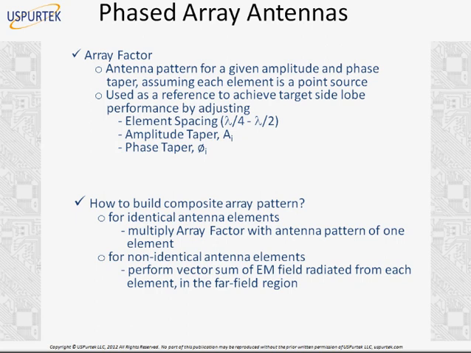Now, how do we build a composite array pattern? So we defined array factor, but how do we really build a composite array pattern? If we have all antenna elements identical, like all are, let's say, half-wave dipole antennas or whatever shape you have, you just multiply the array factor, which is mathematically derived, with the antenna pattern of one element. Because it's much easier to derive the antenna pattern of one single element. And if you assume that all elements are identical, we just multiply the array factor with the